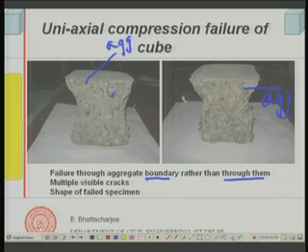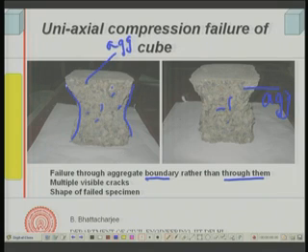Also, you will see multiple visible cracks, there are several cracks you can see. The failure has taken place through this plane, but you will see multiple cracks there. There are a large number of cracks, vertical cracks would have formed. So, there will be multiple cracks available, although fracture has taken place through one particular plane. So, several cracks and fracture planes would form.